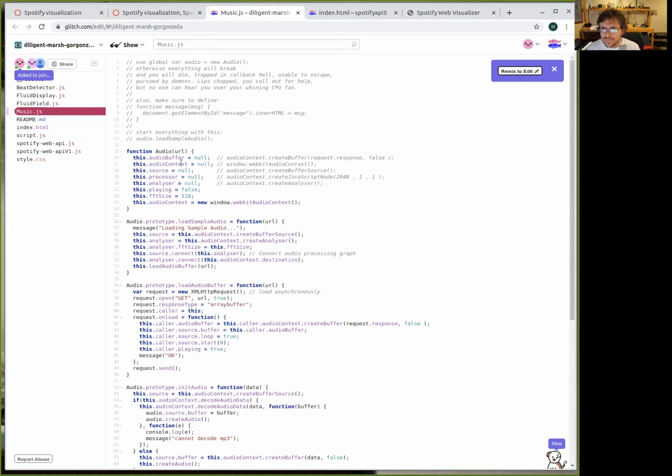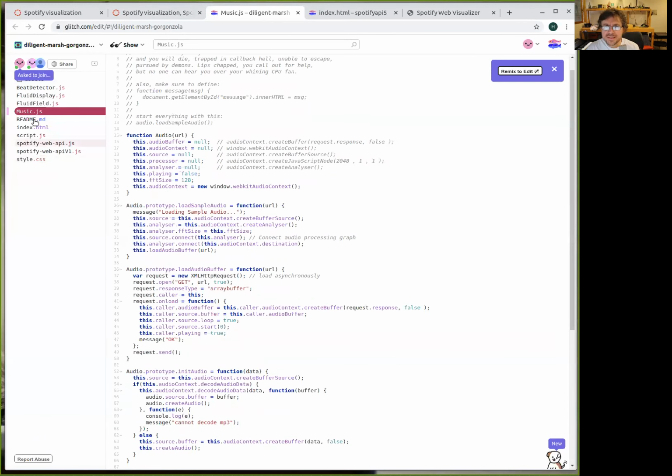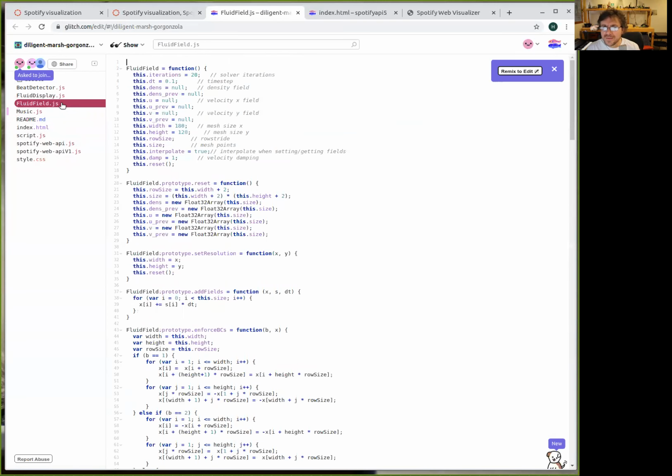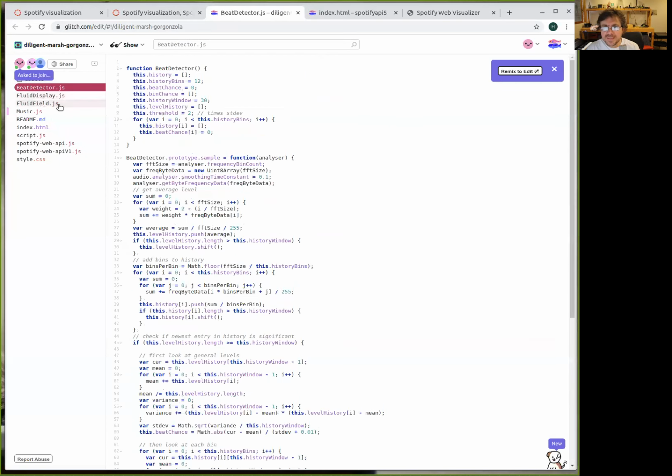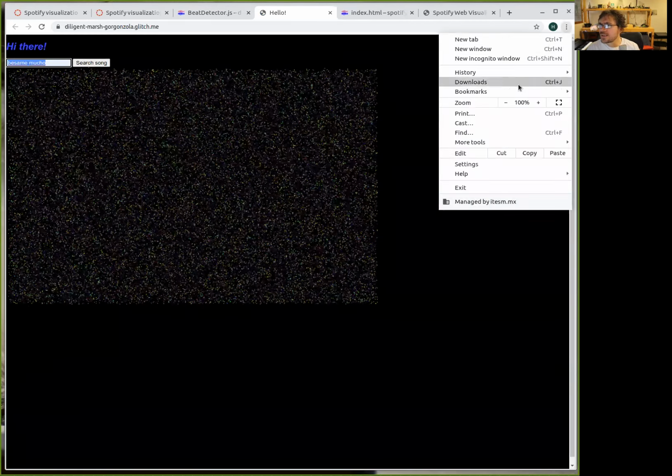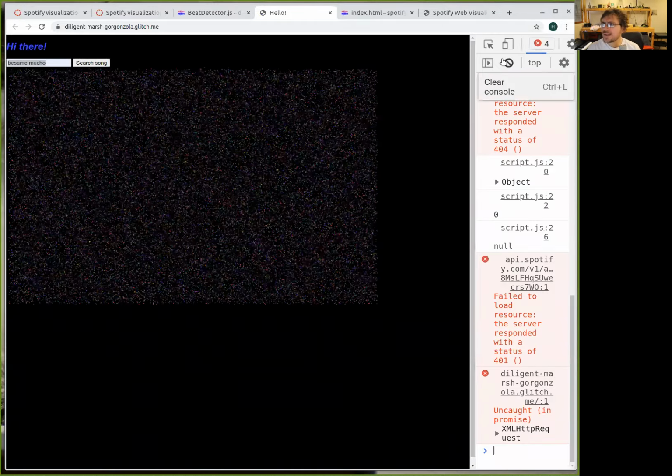What is a little bit weird about this is that all of this is related more with the audio things. And there are a lot of libraries, like fluid field. I don't know what this beat detector is. Let's search a little bit about this one just to know. Nobody from the team is here. So I want to search for Pésame Mucho. No, Pésame Mucho is not triggering anything. And I think that's because the song hasn't been recognized. But let's search for a song that actually is here. Madonna, Material Girl. I don't know.